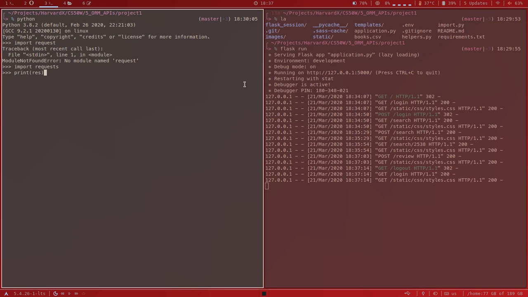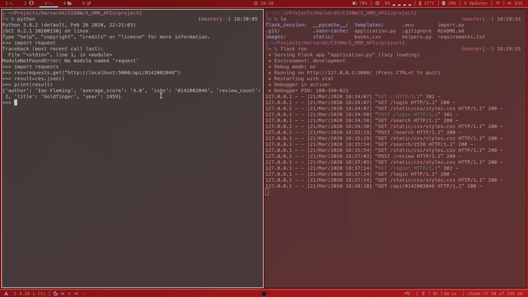And for example, if I query the localhost with this ISBN number, I should get a response. Okay, it's already given. So if I then convert this response to JSON, and then print the result,